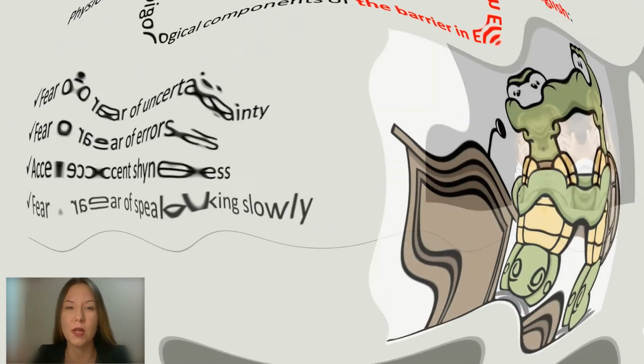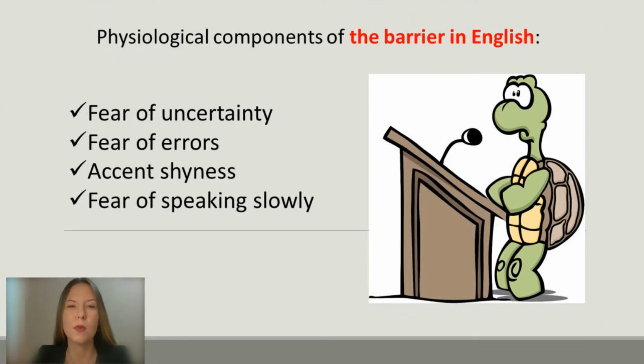Fear of speaking slowly. Another common phobia sounds like this. But what if I'm going to pick words for a long time? Speak slowly and with pauses. A foreigner will think that I'm stupid. For some reason, we think that the interlocutor expects speech from us at the speed of 120 words per minute and not normal conversation. Remember, when speaking in Russian, we also pause. Sometimes we find the right words for a long time, and this is perceived quite normally.